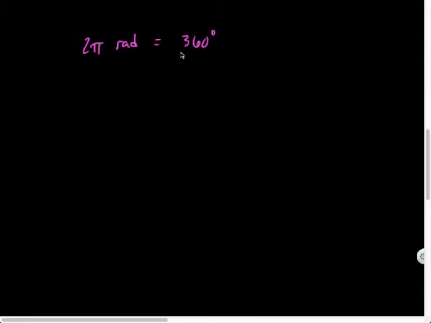Yeah, right, because 360 divided by 360 is 1. So in this case, I'll flip this around as well. So 1 degree is equal to 2 pi divided by 360. It's the same as pi over 180 radians,